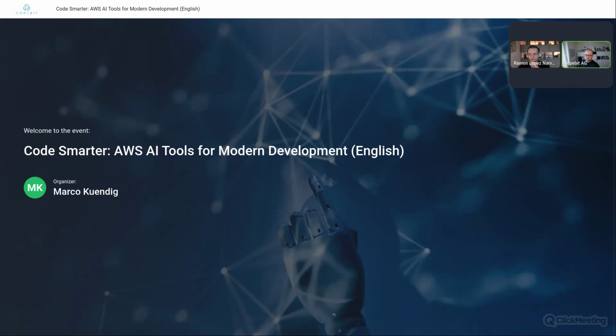It really depends where you work. If you work in an IDE, let's say you're a Java developer, you work in JetBrains IDEs, and you've invested a lot of time into customizing that IDE, or potentially you work in a team where you need to use a specific IDE, then definitely Q Developer is for you, because Q Developer is essentially just a plugin and it works across IDEs. Also, don't forget the Q Developer CLI. I have customers that work 100% with the Q Developer CLI, even though they work in VS Code, for example.